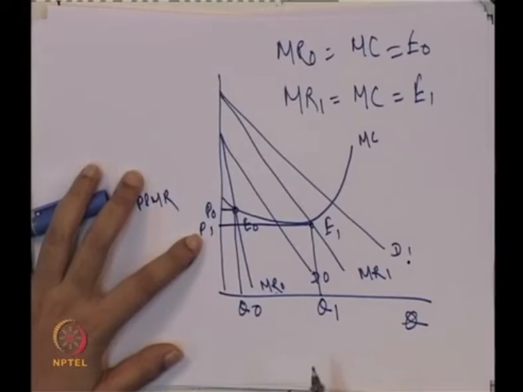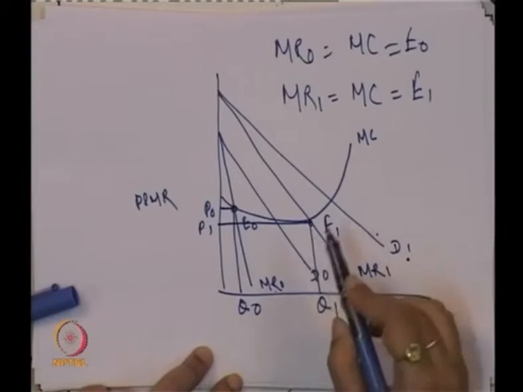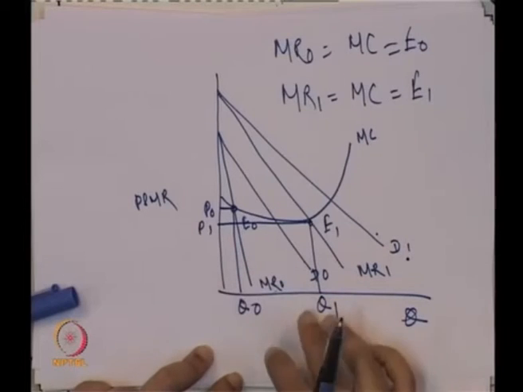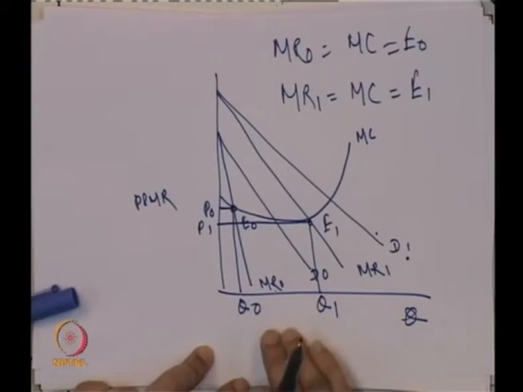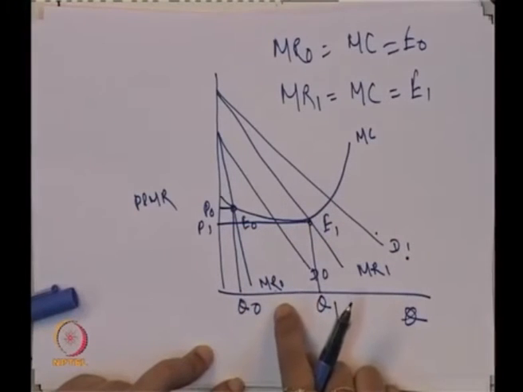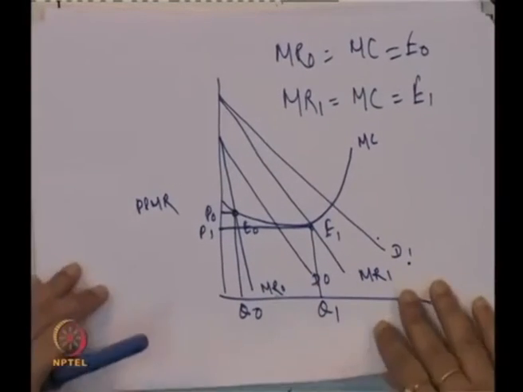So, in this case what is happening? The outcome is when there is an increase in the demand from D0 to D1, the equilibrium output is increasing but the price is decreasing. Here you can see the difference from the previous two cases: the change in the output is much higher, because the increase in the demand leads to a decrease in the price, which again leads to an increase in the output. This follows the basic demand supply condition. Generally it happens in an open market or a competitive market.